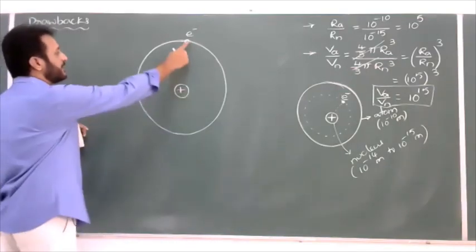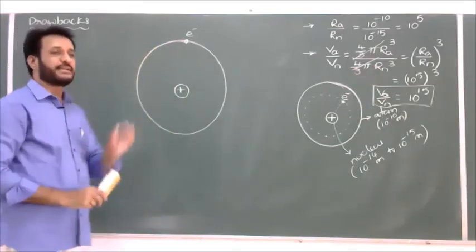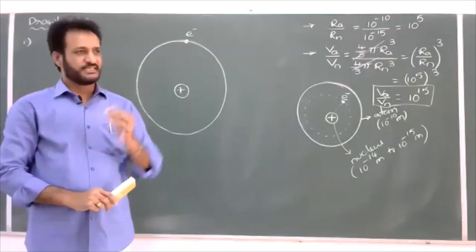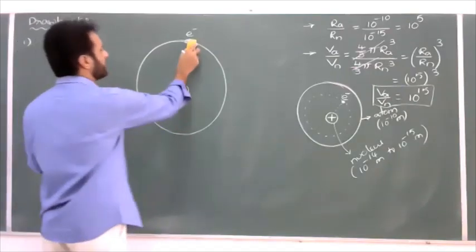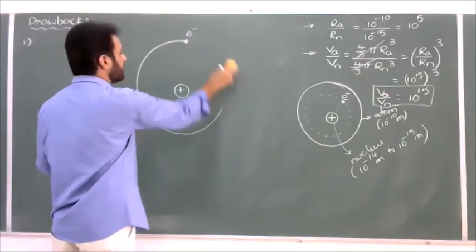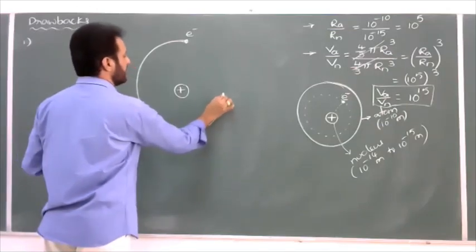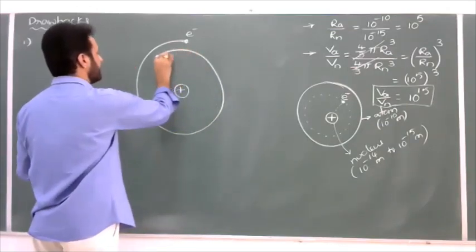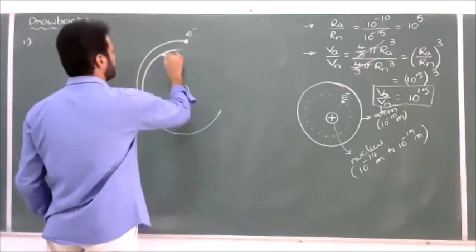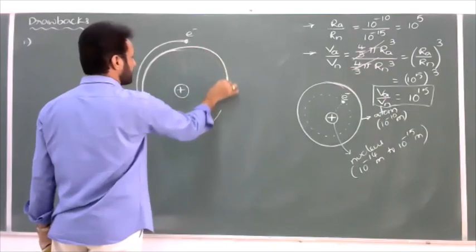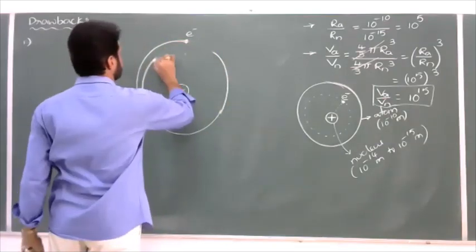If an electron completes one circular path, whenever the electron emits energy, its frequency also decreases. The energy of the electron decreases and the frequency also decreases. Once the frequency of the electron decreases, the electron may not revolve in the same orbit. The electron orbit will change. So automatically the radius of the electron orbit decreases, and it may move like this.